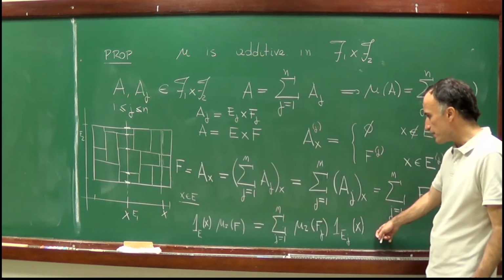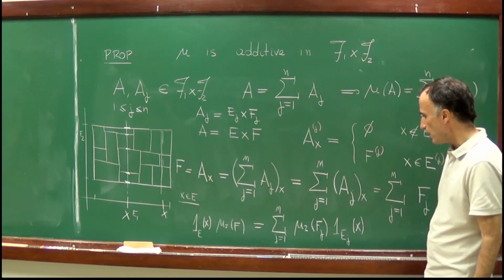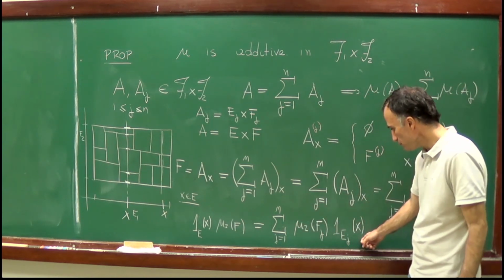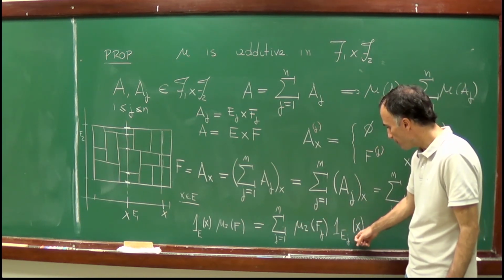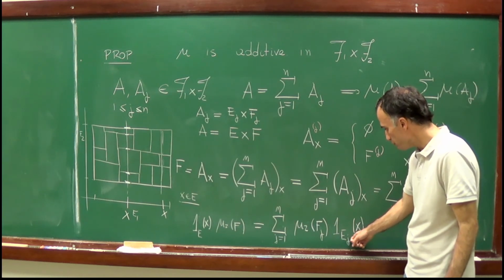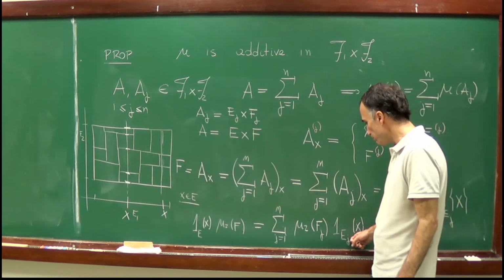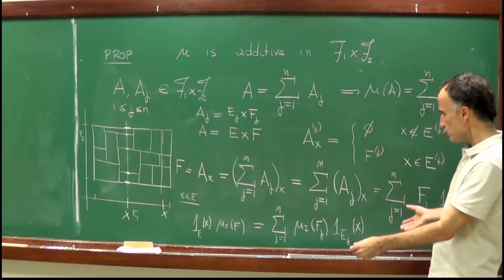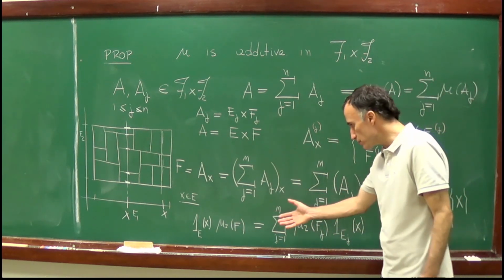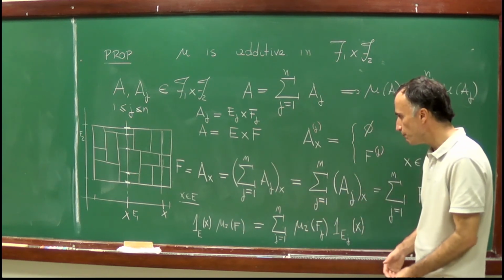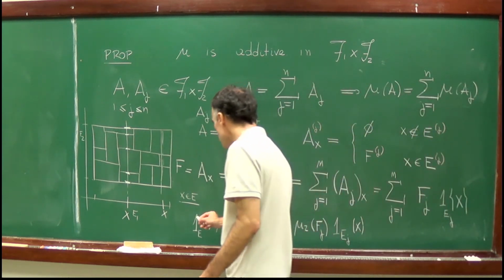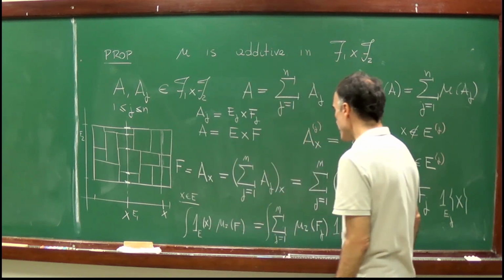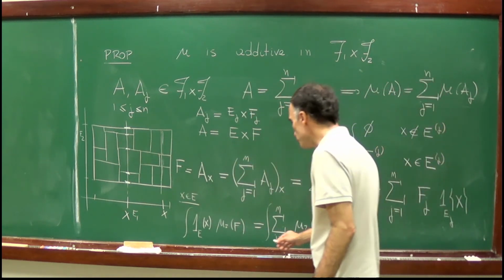And on the right-hand side, I also have a simple function, since it's a finite sum of indicators of sets which belong to F1 times constants. Since these two simple functions are equal, I can just take their integral on both sides. And if I take the integral with respect to mu1,